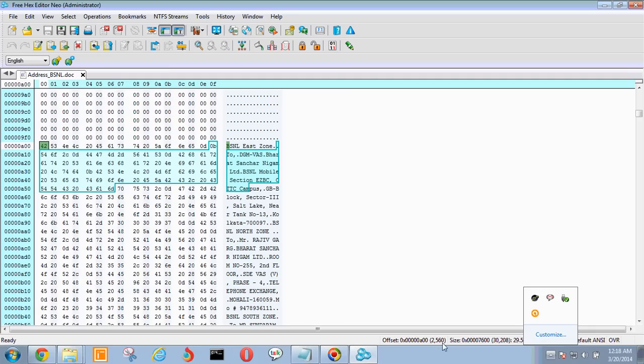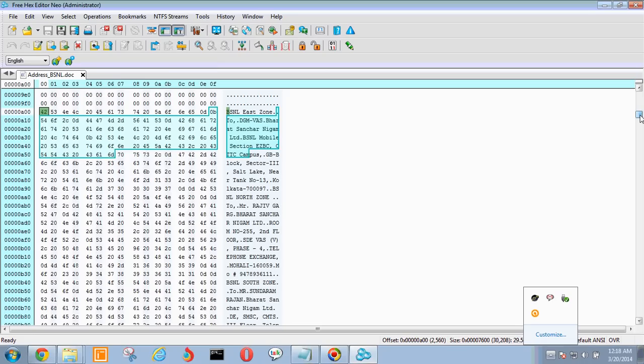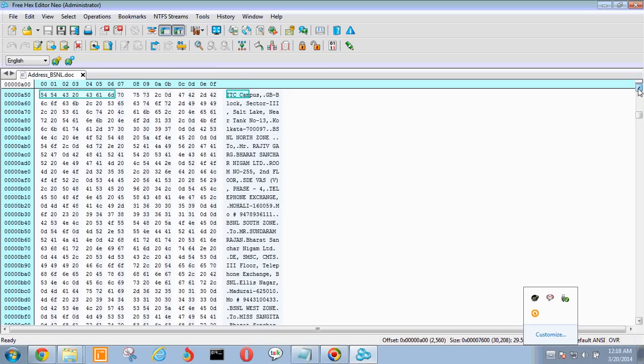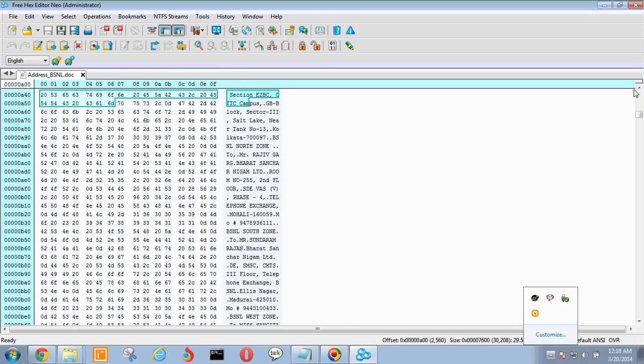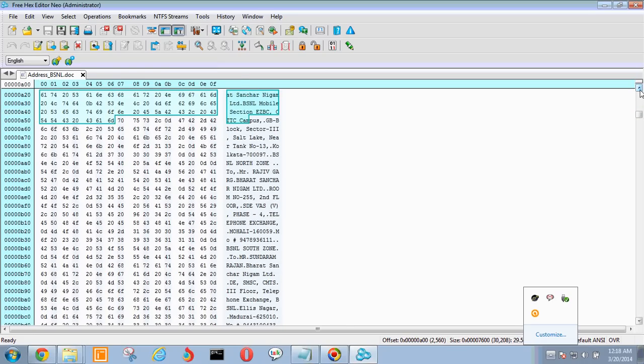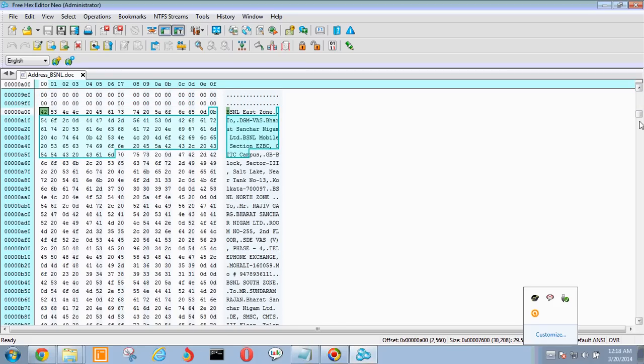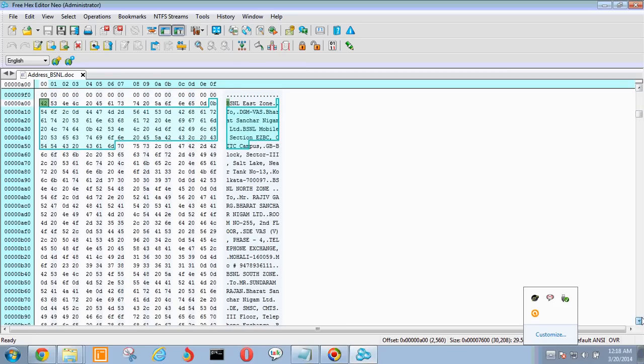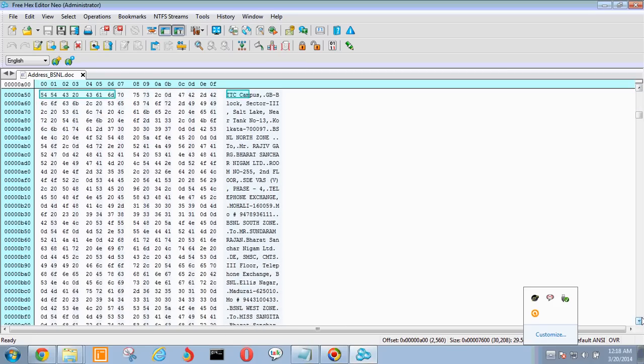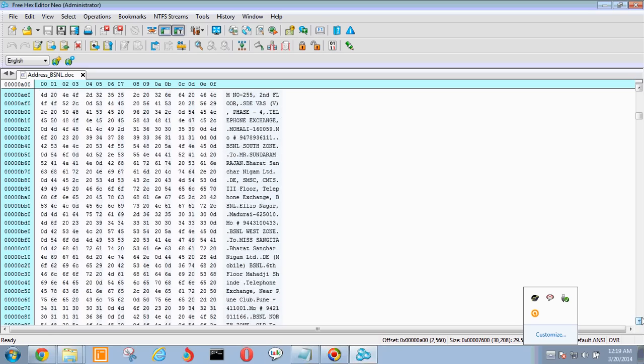So to recover this file, I will have to just copy this, but to copy it and to find the location where we have to stop, we have to find the last six consecutive zero hex values.